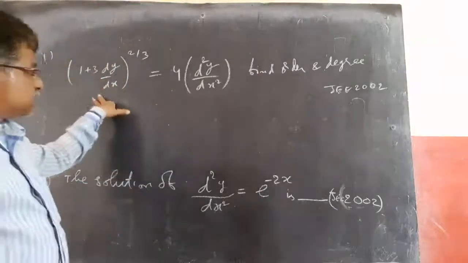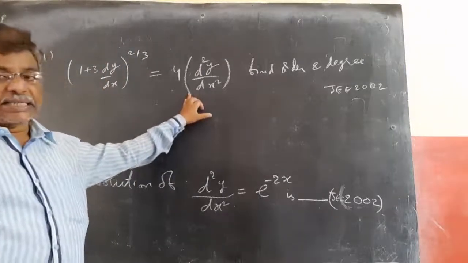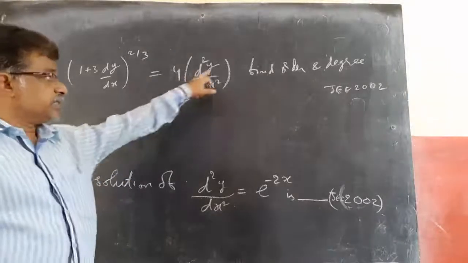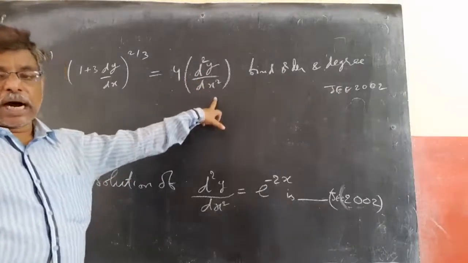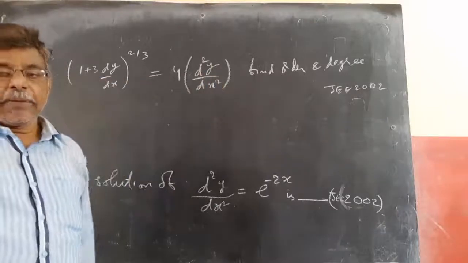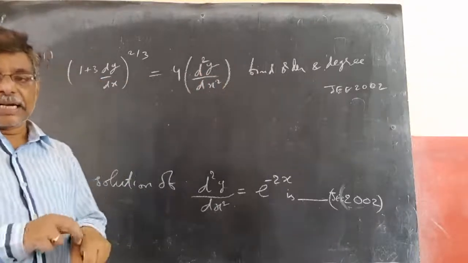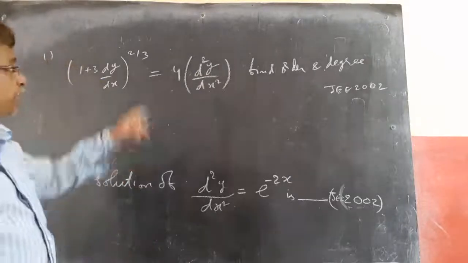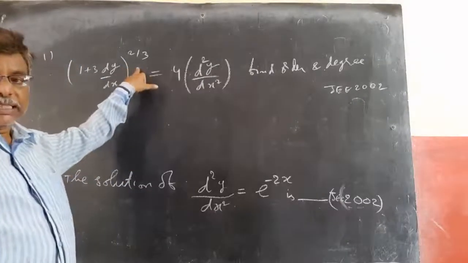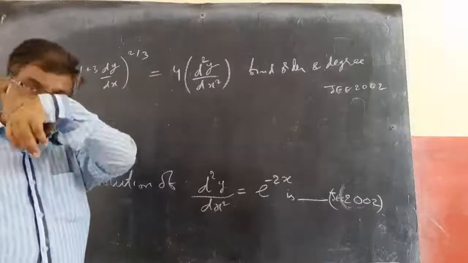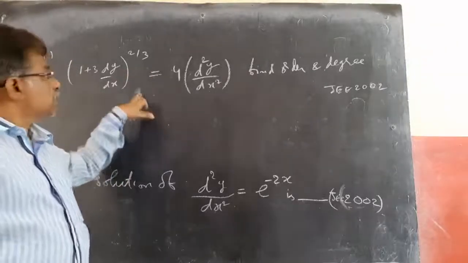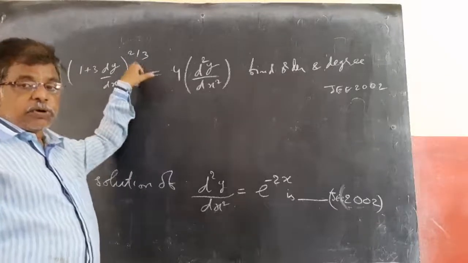Order, by seeing itself we can say, highest derivative is known as highest order, I told you. So, highest derivative is d²y/dx². So, order is 2 directly we can say. But degree we can't say directly because we need to convert into a polynomial. Means power should be free from radicals. Power should be always integers, always positive integers. So, we need to make it free from radicals. So, it should not be 2/3. It should be only whole square.